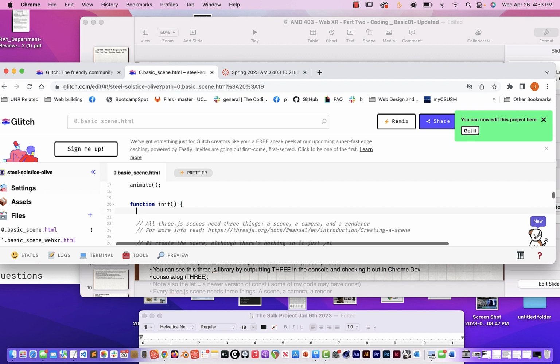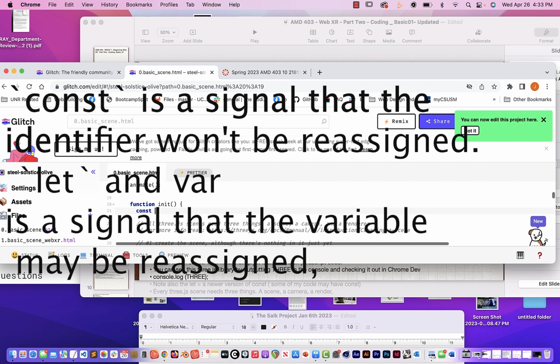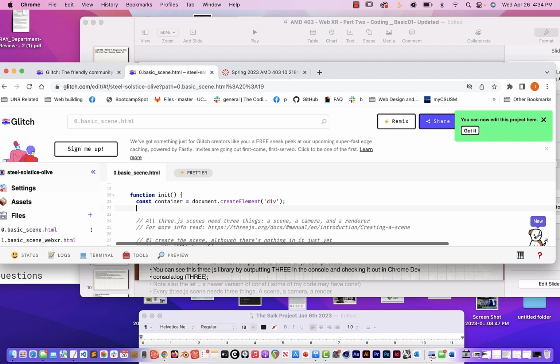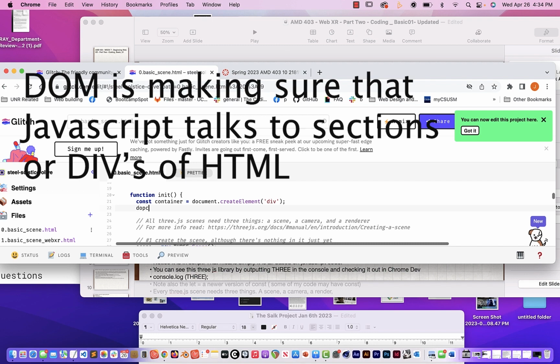So I'm going to say that, and const is another way of, it's like let container equal. It's like a let or a var element, and this is called a DOM, and this talks to the HTML because we still have HTML that we need to get to, and you've created a container that's inside of HTML. And hold on,